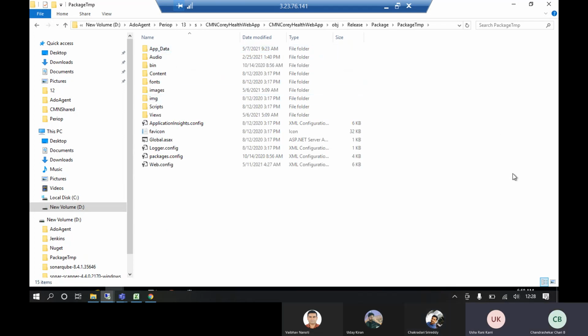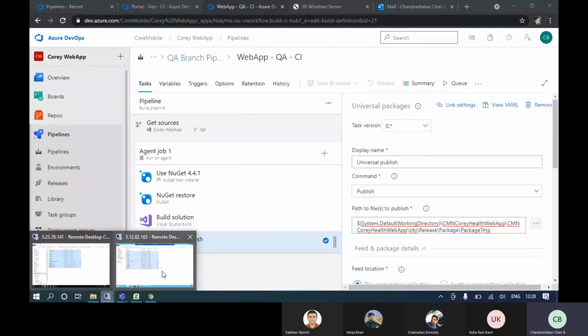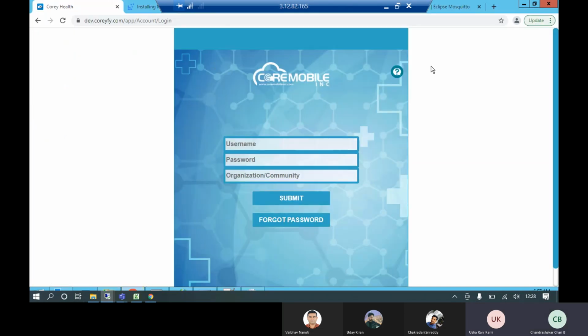See, this is a web app application. You can see these artifacts in this build server, right? The same artifacts we will take from this build and deploy into this web app, like a dev app server, for this application to run.